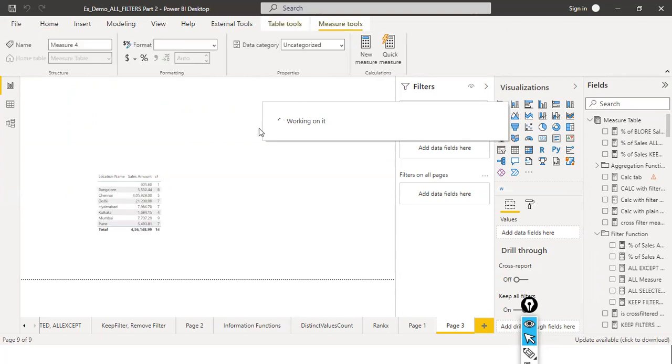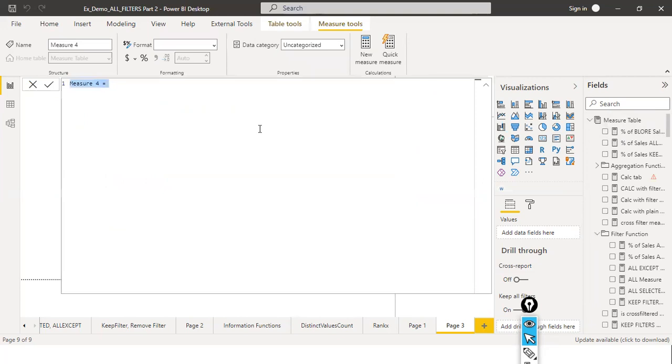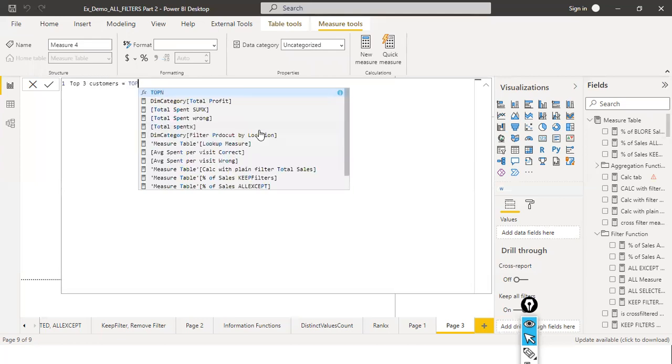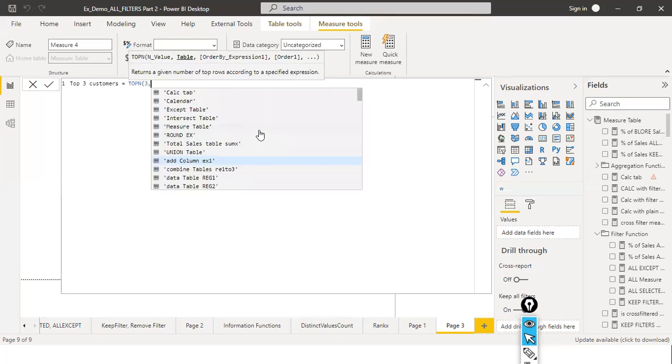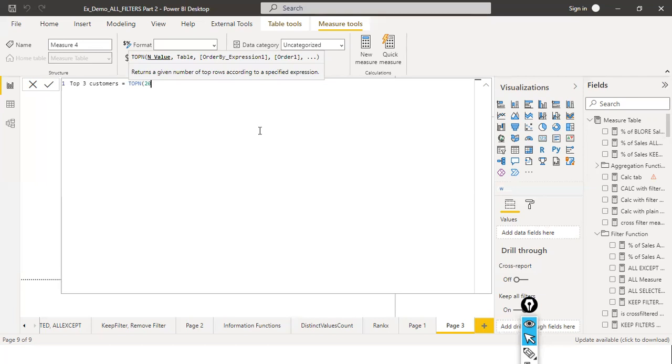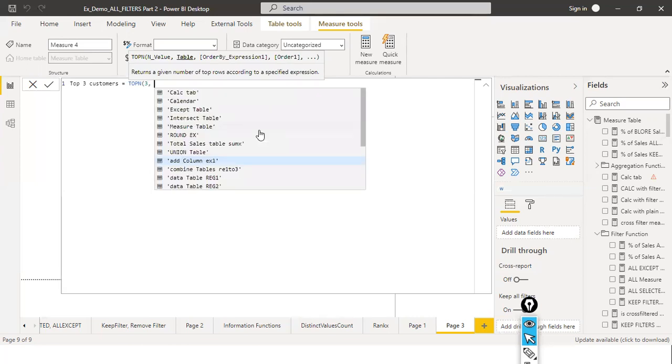First of all, in my data set, I don't have more than 5 or 10 customers. So what I do is top 3 customers. I'm going to say top 3 customers. I'm going to use the top n function. The first argument is the n value. So top 3. If you wanted to see top 20 customers, you can say 20. The n value is nothing but the top 10 or top 20, that value. So in my case, I'm going to use 3. And the next one is the table, which is